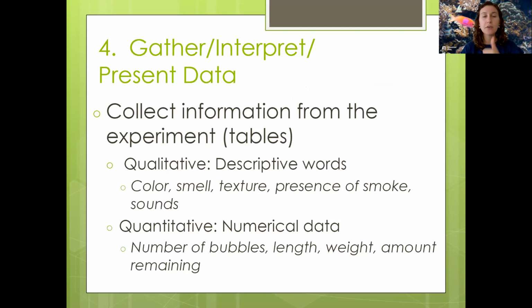Okay, let's keep going. We've done our experiment. Now we're going to look at our data and try to figure out what our experiment tells us. We're going to take 2 different types of data. Oftentimes, our qualitative is going to be the quality. Oftentimes, this is going to be things that we can visually see. So color, smell, texture, anything that I can see, something that's descriptive is going to be my qualitative data,